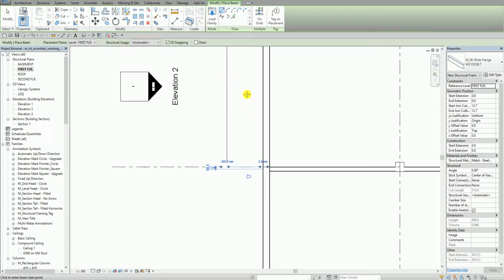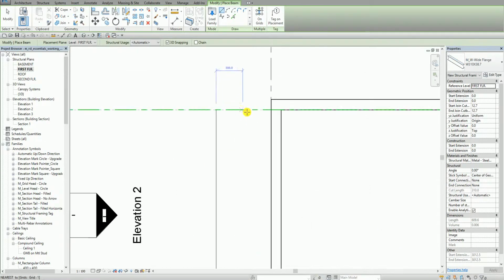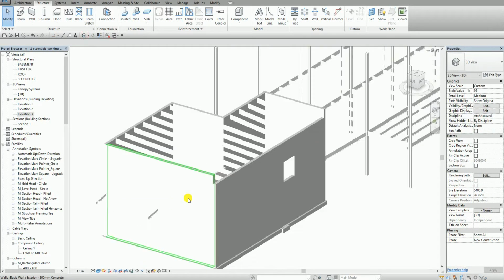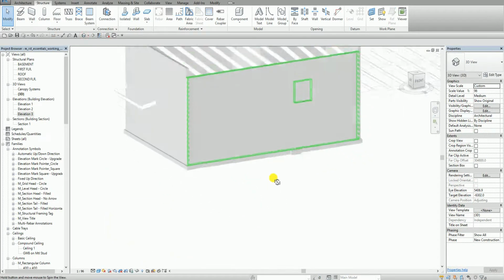Okay, then I'm going to draw also another one here. So again, I'm going to snap here at the exterior, and then I'm going to pick the upper end of this beam. So it's also like that, it snaps to the beam. That's why it's minus 300. Now if I'm going to open the elevation view here, so let's say the elevation 3, so this is now how it looks like. So in 3D view, it looks like this. Alright,